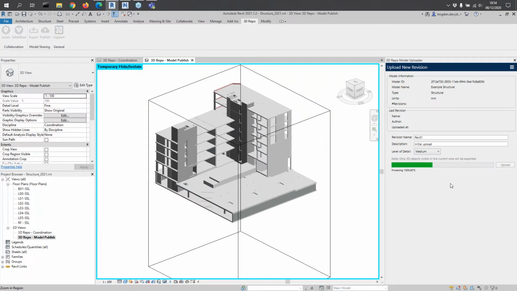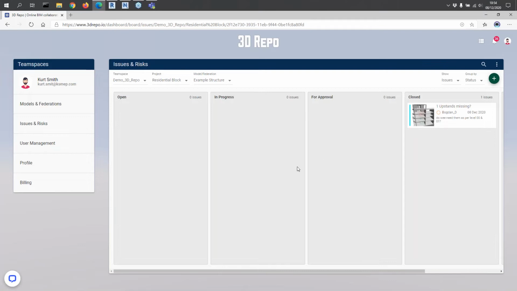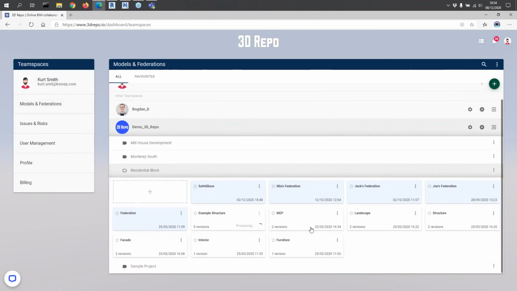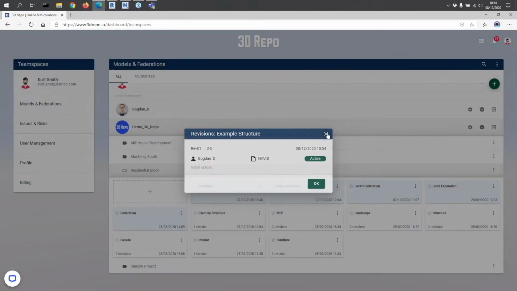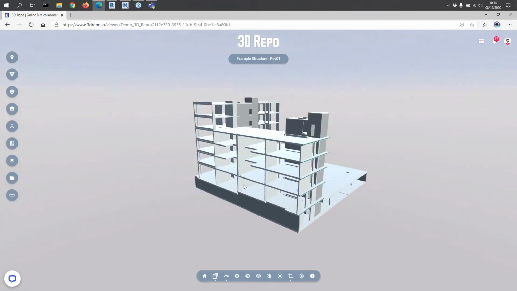So the good thing that happens is now I'm processing this 3D view, and now I'm actually uploading it to 3D Repo. So whoever it is that is working in 3D Repo, as you can see here, they have a full audit trail and communication directly with the individual working in the design authoring tool. But on top of that, notice that this little work package, discipline, whatever it may be, we are now processing a file. And that file is in fact the direct Revit upload. So as I was speaking, it probably took less than a minute, but now we notice there's a revision that came in just now. And the next thing I can do is I can actually see the information I need,